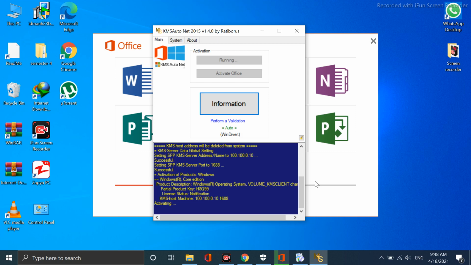So you can check the details of your run, KMS Auto NET 2015. Here you can see KMS host address will be deleted from the system, etc. Activation of product. What is the product? The product that has been activated is basically Windows. So what was the Windows specification? That was Windows Core Edition, etc. This is the specification of the Windows that has been given to you, and the partial product key,